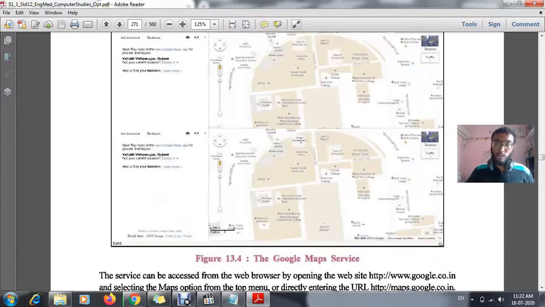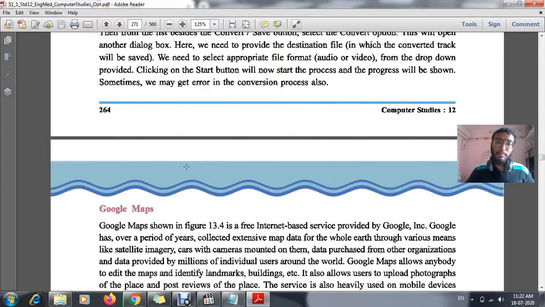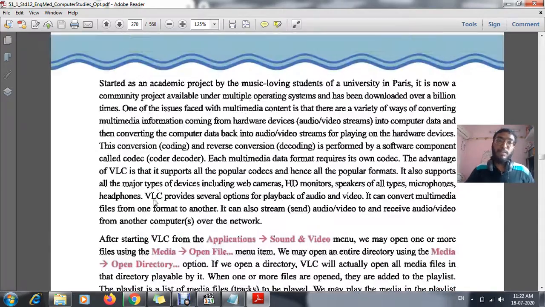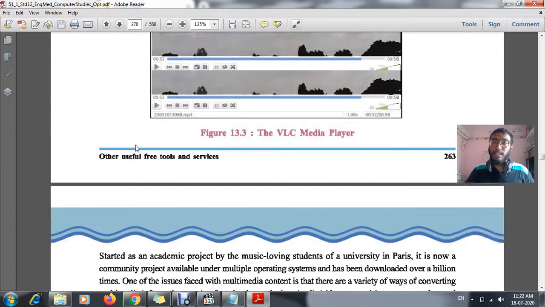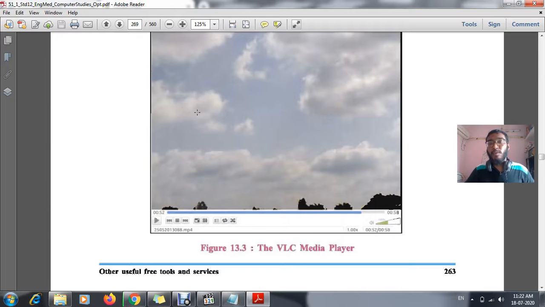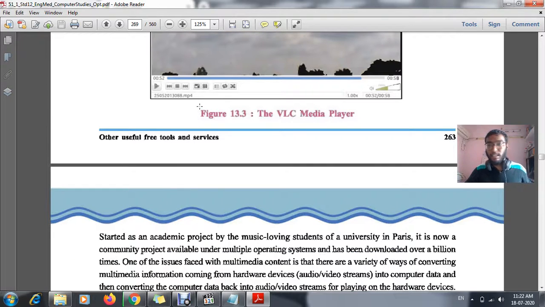Today we learned two topics, that is Google Map as well as VLC media player. VLC, the full form of VLC media player, is Video Lan Client. Okay, and it has buttons, that is pause button, stop button, next button, previous button, forward button, backward button, as well as a function which is known as the codec function.